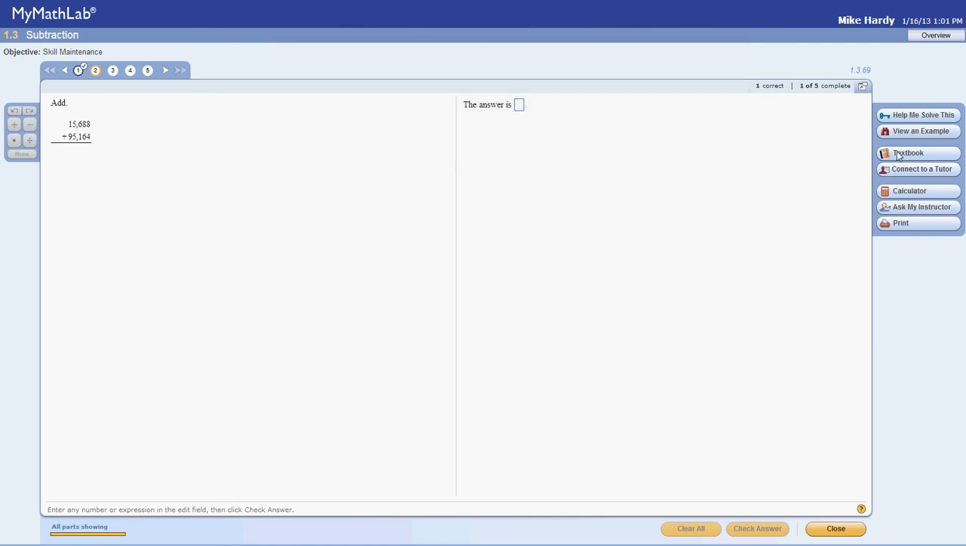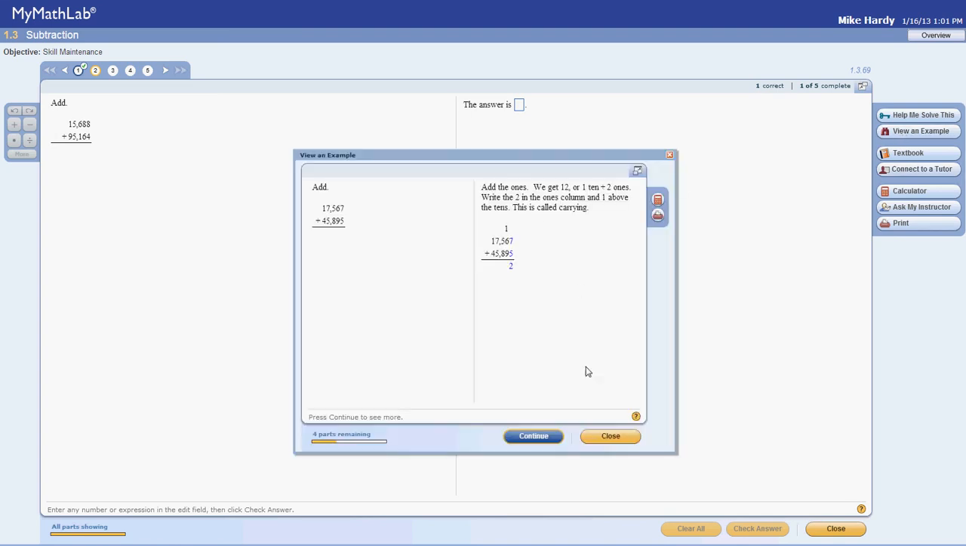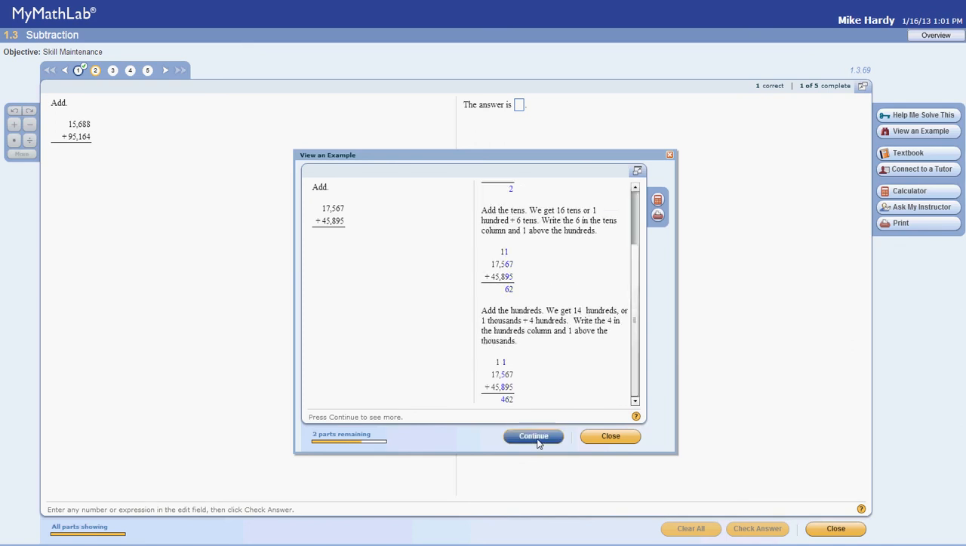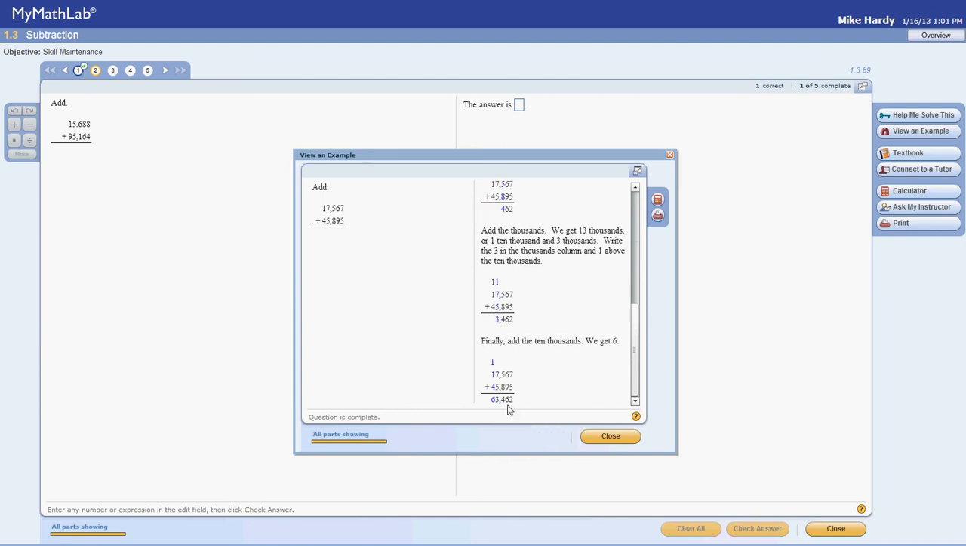Another option you sometimes have is a video that will show you how to do this problem. This particular one doesn't have it. It does have connect to a tutor. That looks kind of cool, but I've never used it. You might try it. View an example is just going to basically tell you how to do the problem. No input from you required. You can read an example, see how they're thinking, see what the textbook author's doing,